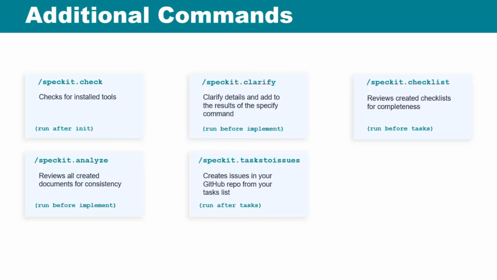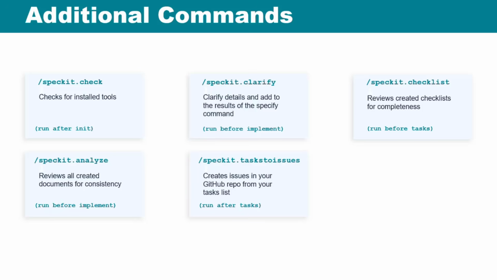The next command is the analyze command. Now, we all know that AI doesn't always behave. Sometimes it goes off the rails. Sometimes it goes way off the rails. So what it will do is it's generating all these various documents as part of the process. If you feel like maybe there's some inconsistencies there, or if you just want to check it, you can run the analyze command. What it will do is it will review all the documents that are related to the current iteration that you're working through, the current specification. And it will kind of compare and contrast those, and it'll look at those and say, okay, all these various pieces, there are some inconsistencies here, things that we need to address, things that we need to fix.